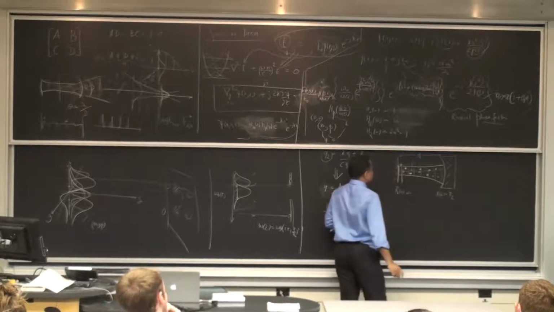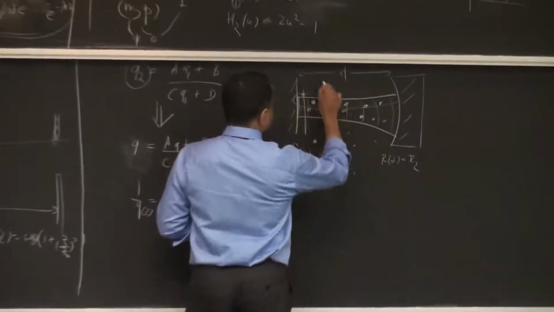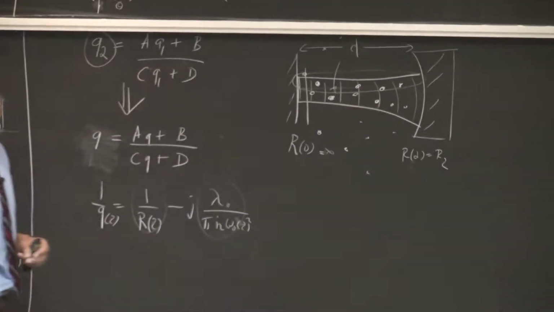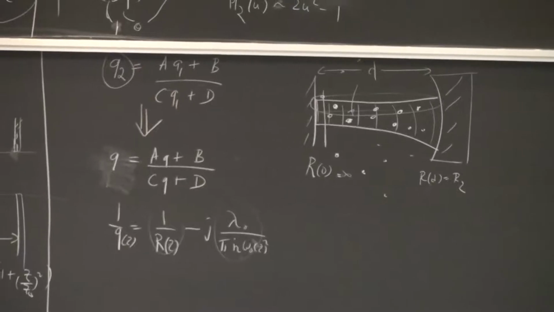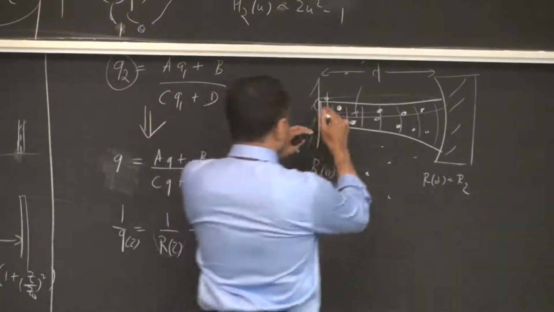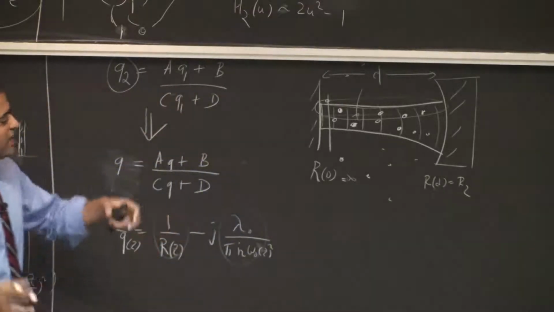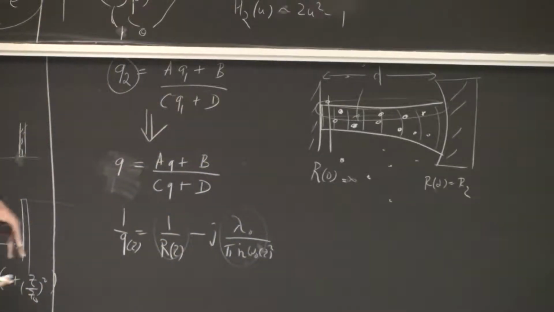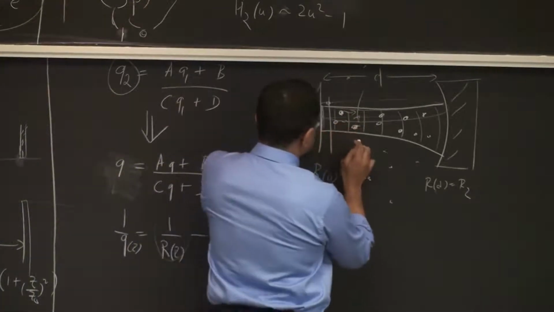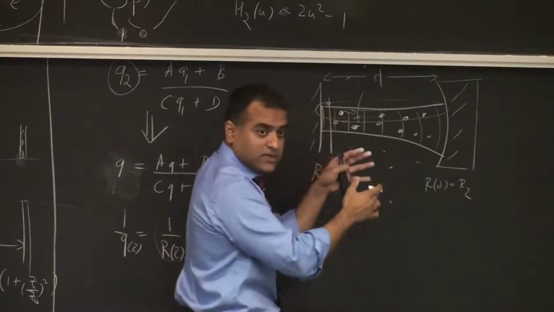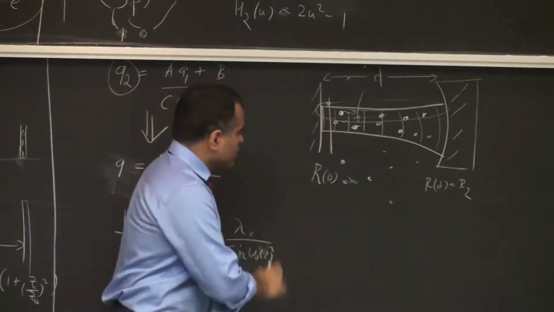And the question is, if I populate this medium with gain medium and the gain medium is outside of my mode, it's useless, right? It's not doing anything. It's not seeing that electric field at all. So the gain matter should be inside that volume, and the question is, what is that volume? That's the mode volume. The gain matter should be placed inside the modal volume so that you are able to get your stimulated emission. One photon comes in, two out, and all that stuff within that mode, right? So the question we are asking now is, what is the mode volume?